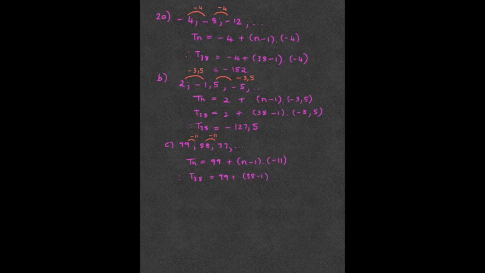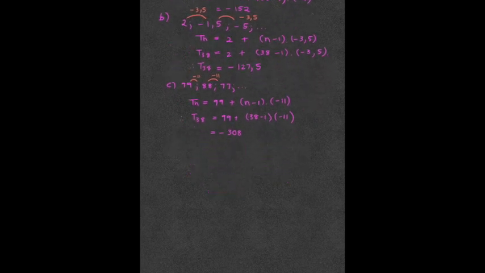We're just simply going to replace n with 38 and then solve from there. And if we simplify all of this, 37 times -11 plus 99, -308. Oh my word, we are just cruising through this work. All right, so D